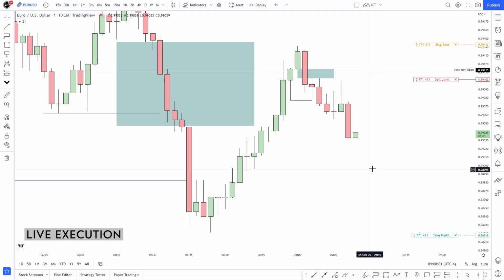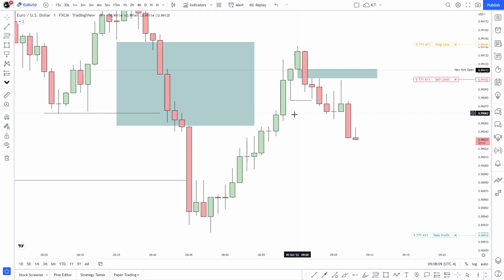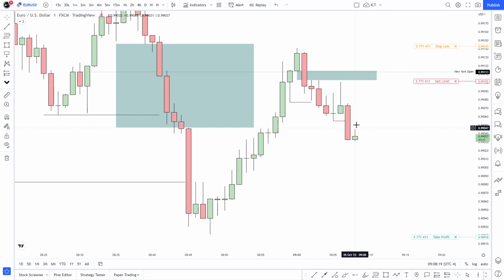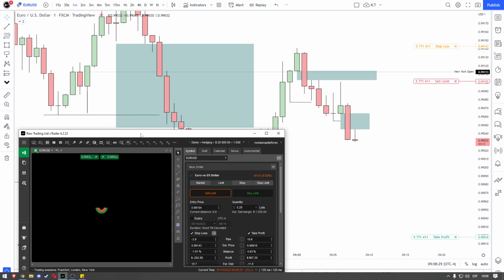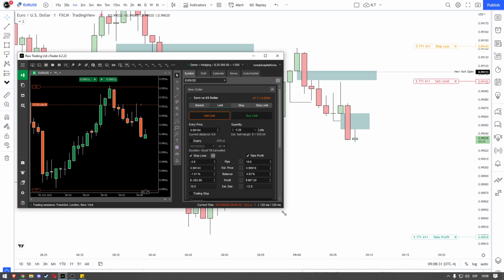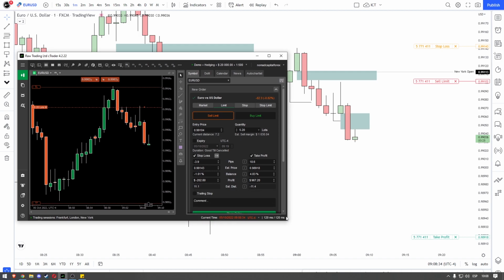Okay, so 2 entries. This one has this market shift, which in my opinion was not enough. And then this one has this market shift with the same fair value gap, but now this fair value gap could show up. So I'm guessing my entries should change to that. My problem with this is that I cannot use the trade manager that I use on MetaTrader, which is a shame, but it is what it is.